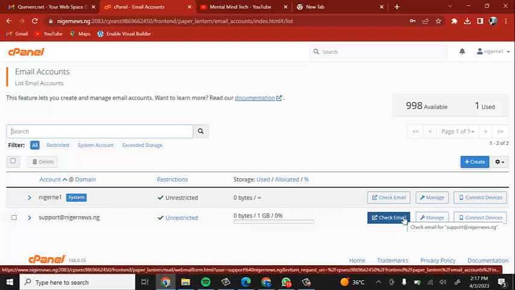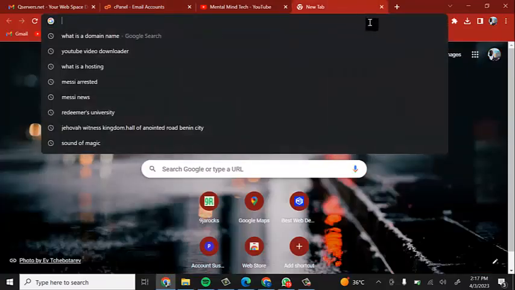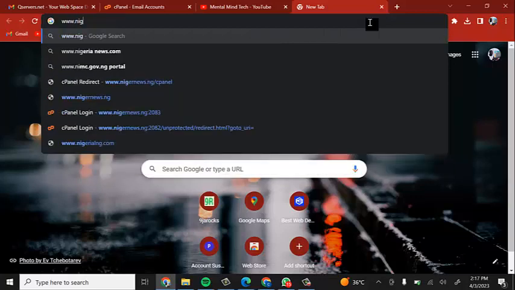But I'm going to be showing you right now how you can check your webmails or your email accounts from time to time, without having to log into your cPanel first, coming over to email accounts before you can check your email. All right, so I'm going to show you how to do that. It's very simple. To check your emails, all you need to do is go over to a new browser and type in www dot the domain name,